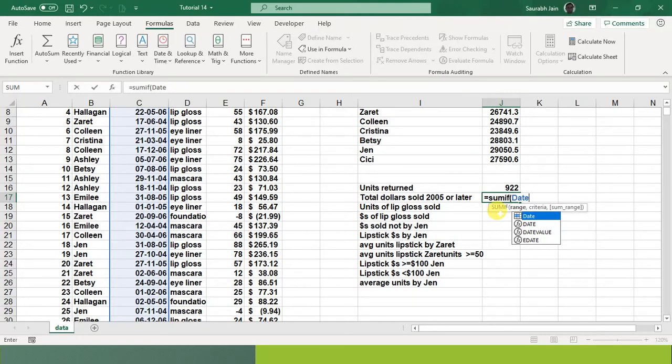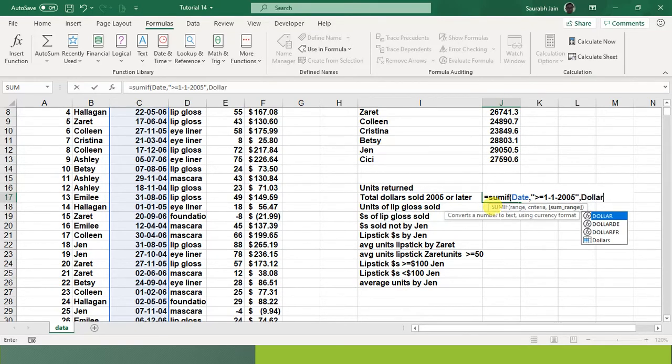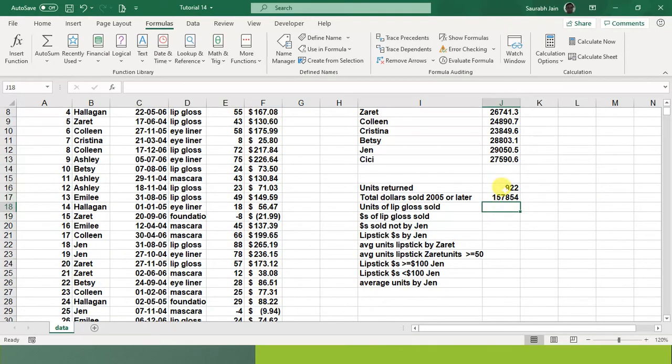This is my criteria range. Now criteria: it has to be greater than or equal to. So I open inverted commas and write greater than or equal to, 1-1-2005, and inverted comma close. This is my criteria. Now what I have to sum is dollars, so DOLLARS. Now bracket close, enter. So this is my value.